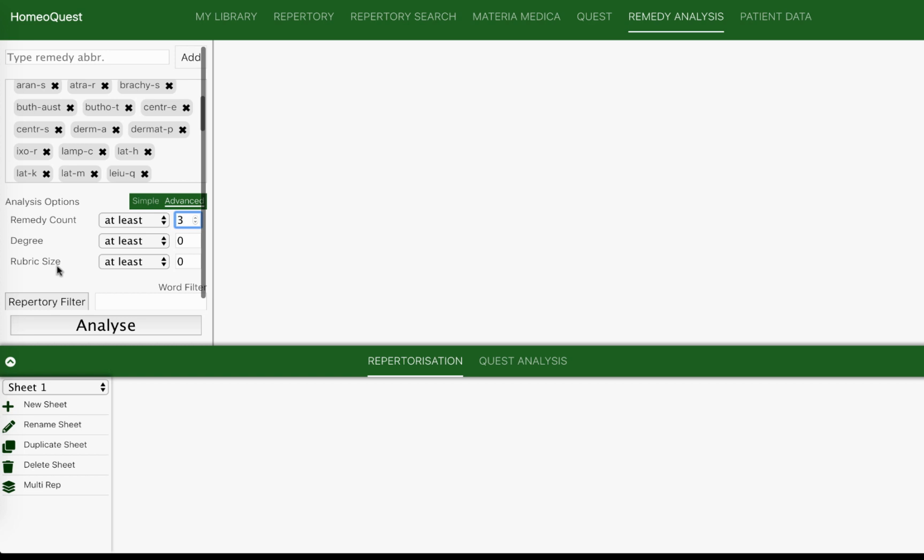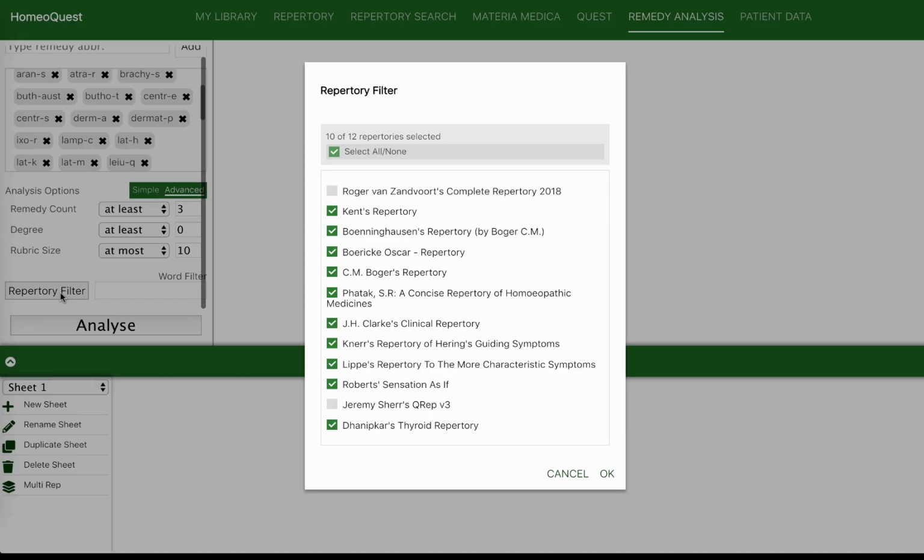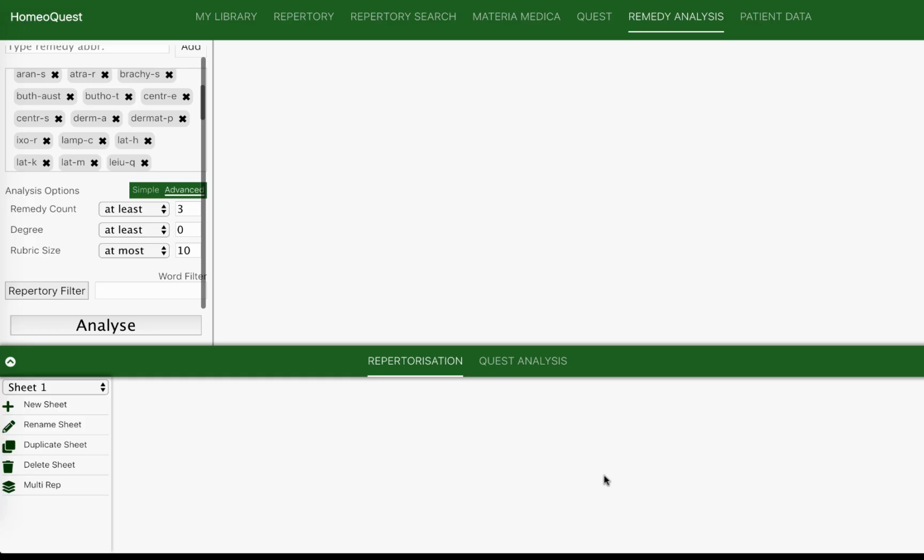Do you want large rubrics with lots and lots of remedies, or do you want small rubrics? In the rubric size, let's choose at most 100 remedies, so it's a medium size rubric. In the repertory filter, I want to select only the old masters, so I have deselected the Complete and Jeremy's repertory. So we have only the old masters here, because I want to check what the clinical data of these masters